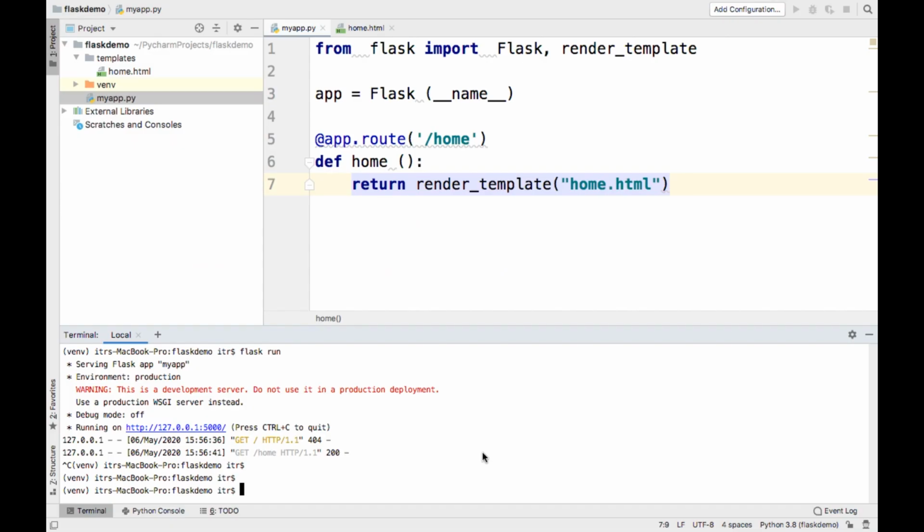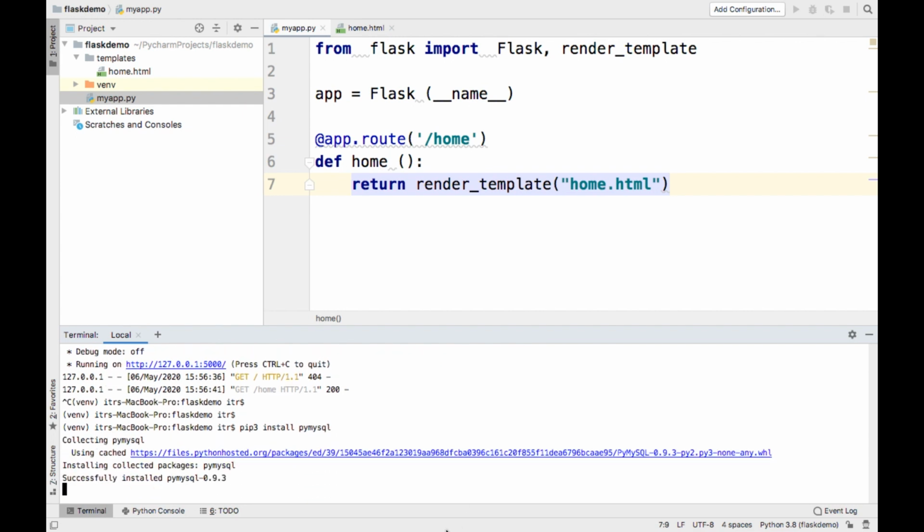For that we need to pip install PyMySQL. This will install a MySQL client written in Python, using which we can connect to the MySQL database system.